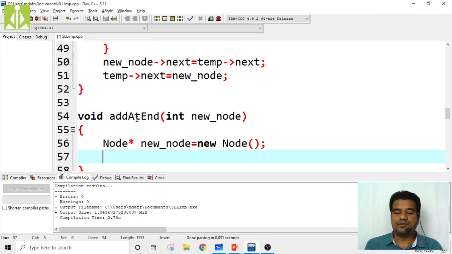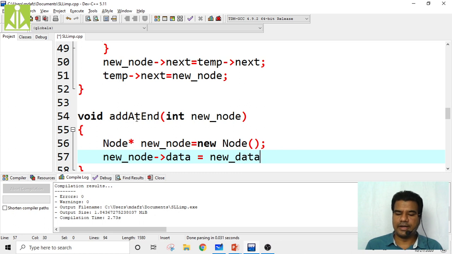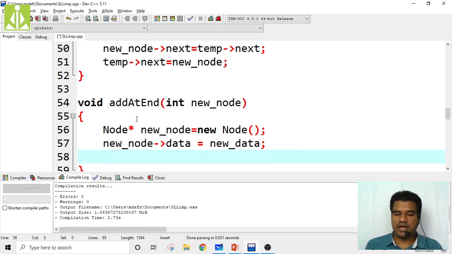Then assign the new data to this new node: new_node of data equals new_data. Clear? Next, as it is the last node, make the new node's next pointer null. New_node's next equals null.